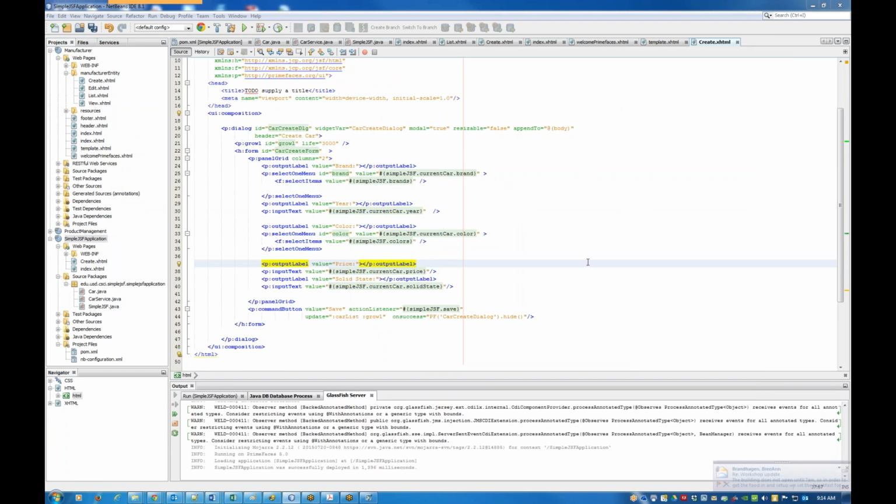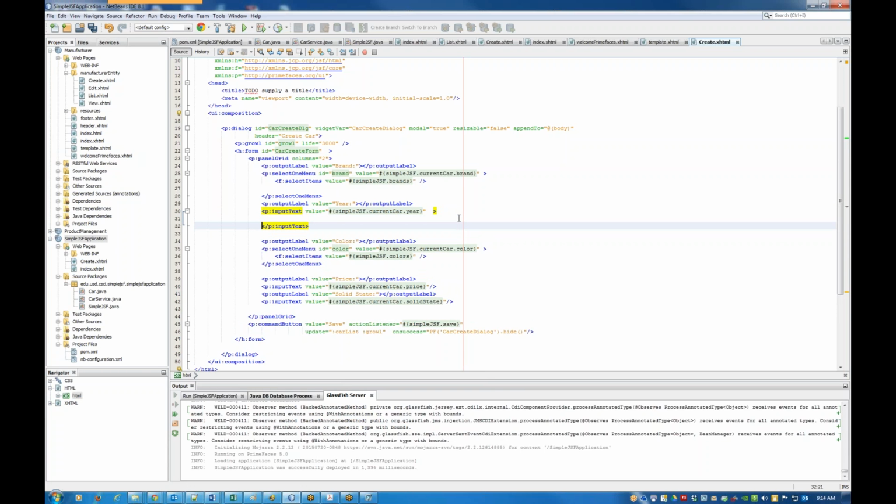Okay, the one last thing that we're going to do is add a little bit of data validation. So what we want to do first is add something called Growl. And this is simply a place where we're able to display error messages. The next thing we're going to do is add a validation to year. And what we want to do is to specify that year cannot be